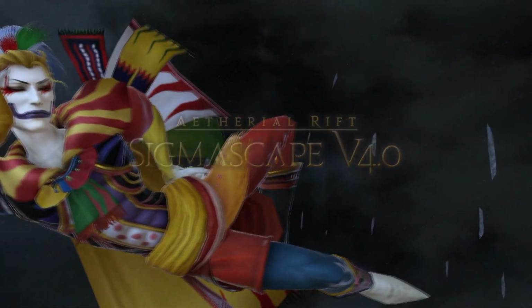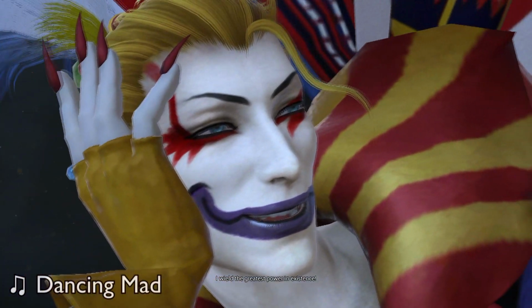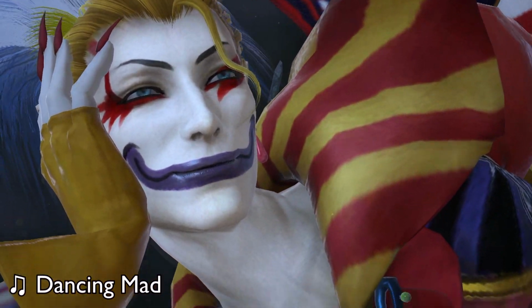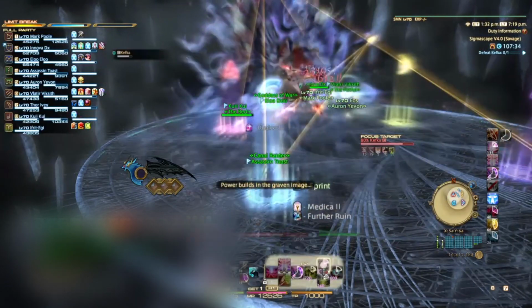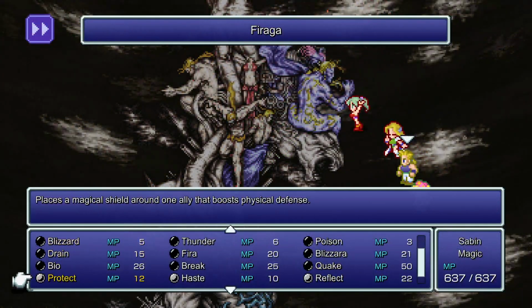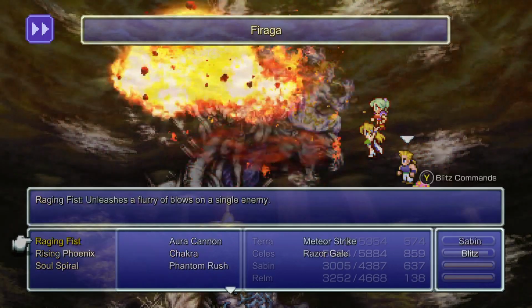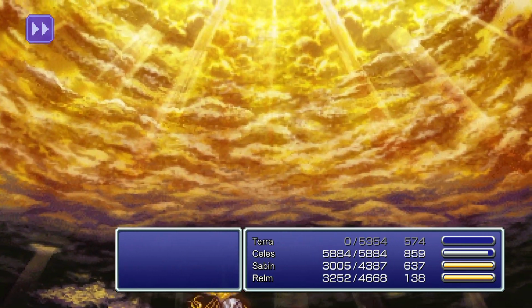And finally, we face off against Kefka. In this fight, we hear Soken's arrangement of Dancing Mad. We see the statues in the background which aid Kefka. These statues are a direct reference to the statues we fight at the end of the game before meeting Kefka face to face. Once we reach the top, the heavens open up, and there,